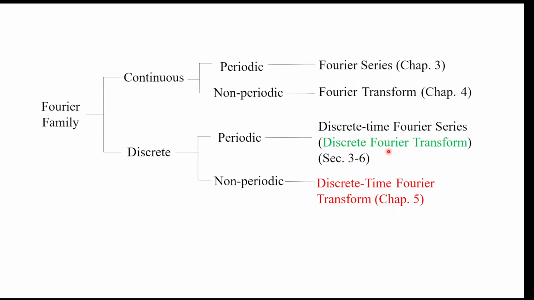And there is something called the discrete Fourier transform. That actually means the discrete-time Fourier series. This is just notation to make sure you don't get confused. The discrete Fourier transform actually means the discrete-time Fourier series we talked about in chapter 3. It's called the discrete Fourier transform because both its time domain and frequency domain signals are discrete, and in a lot of books and other places it's also called the discrete Fourier transform,